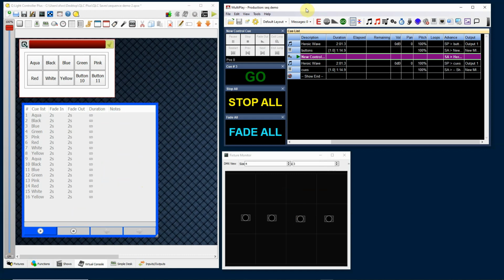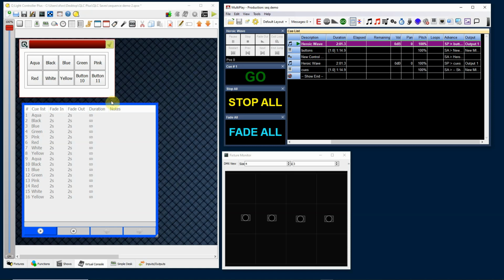It does what we needed to do in that it can play back WAV files, and then it can also play back MIDI files. So again, I've got this all set up so that it's going to be playing my heroic WAV file, and then under my MIDI sequence I've got this set up. You're going to want to look at the tutorials for how to set this up so that it's sending the MIDI signals out on the loop B connection. So when I play this file up here, it's going to also play this MIDI file in connection with that,